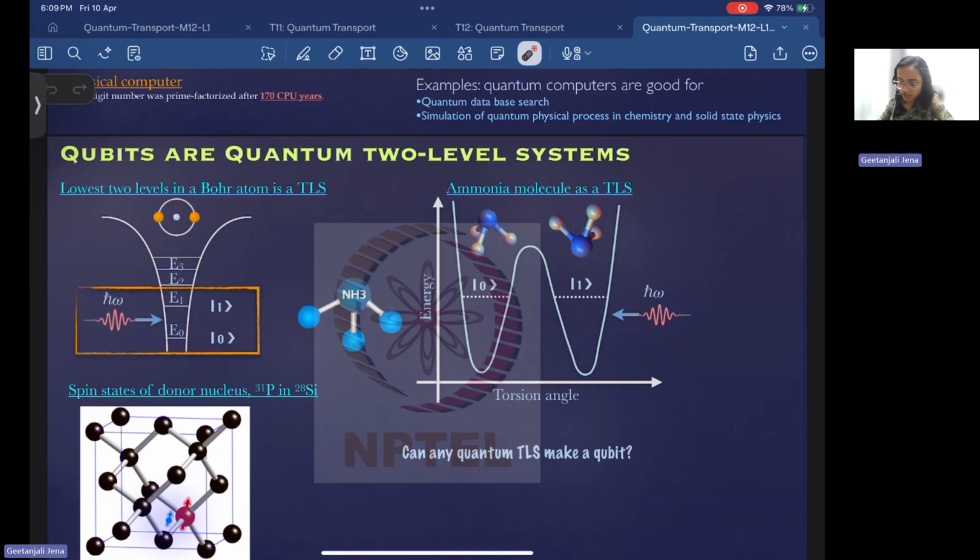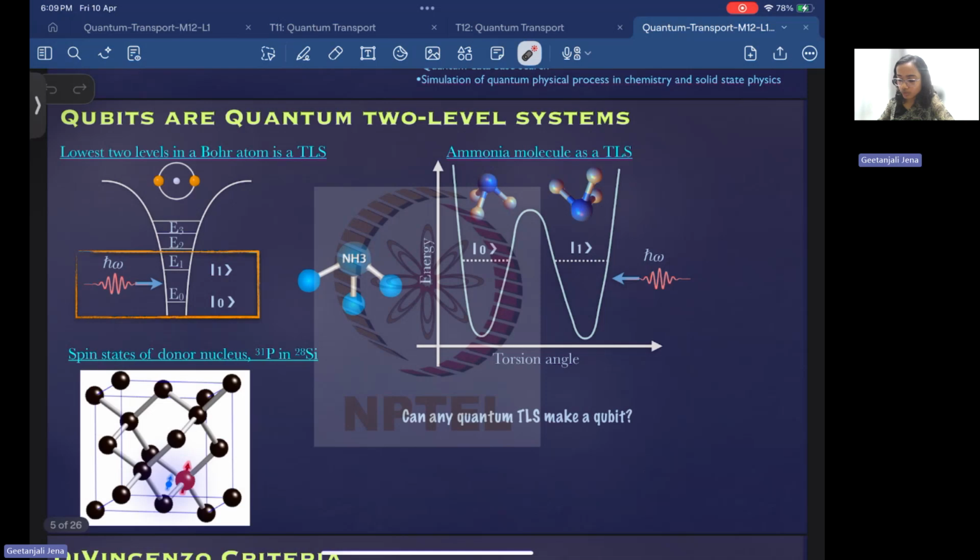If you look at the first example, this is the Bohr atom. For the lowest level, it is a zero state, and for the next higher level, it is a one state. And we can make a transition between this zero and one state if we use radiation of ħω. And ħω is nothing but the difference between E1 minus E0, the difference between the energy levels of the lowest two levels that we are using for designing the